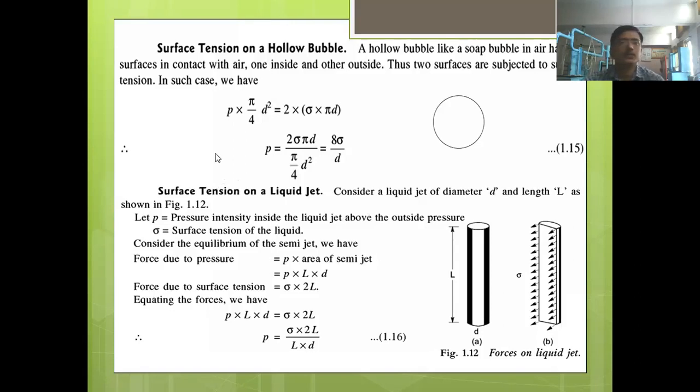Then our next point is surface tension on liquid Z. लिक्विड Z वरती ऍक्ट होणार सरफेस टेन्शन आणि त्या सरफेस टेन्शन मुळे त्या ठिकाणी क्रिएट होणारी प्रेशर इंटेन्सिटी, ती प्रेशर इंटेन्सिटी कशी फाइंड आउट करायची ते डिराइव्ह करण्यासाठी आपण फॉर्म्युला डिराइव्ह करतो. ठीक आहे. Same condition, same logic, same concept is there to derive the pressure intensity for this liquid Z.